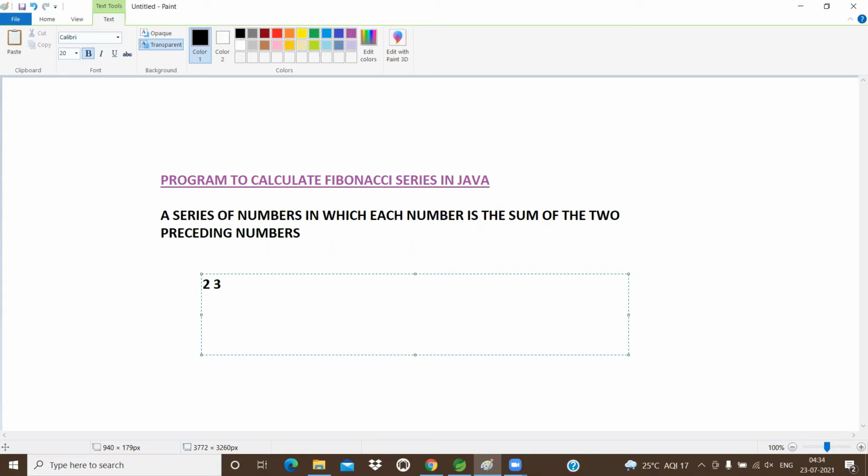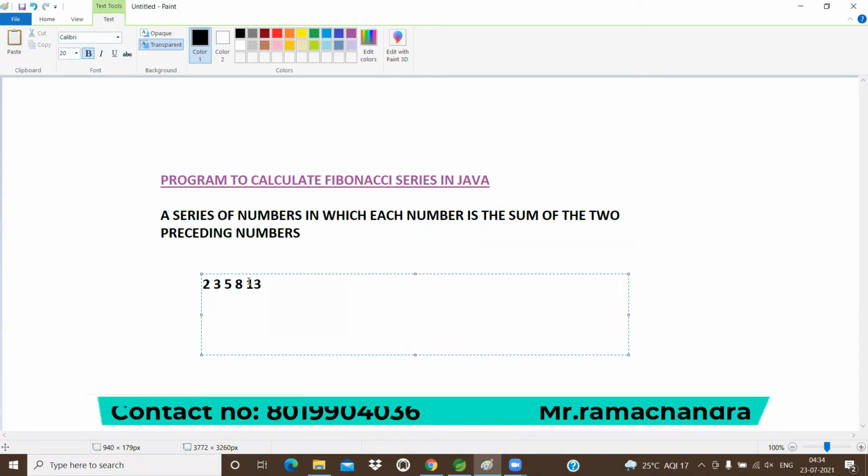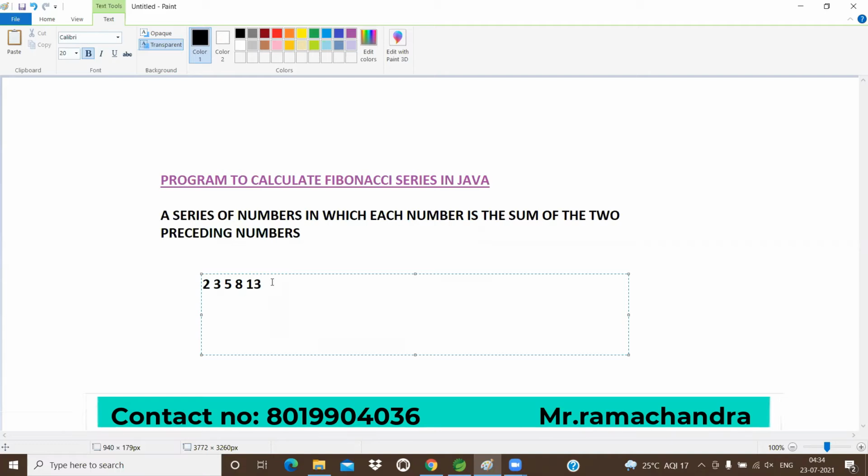The next number is the sum of these two numbers, nothing but 5. And the next number is the sum of the two preceding numbers, nothing but 3 and 5, 8. The next number in the series is the sum of the preceding two numbers, that is 13. So this is what exactly we are calling a Fibonacci series.